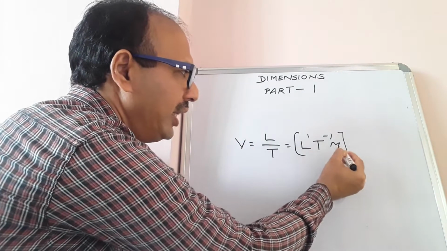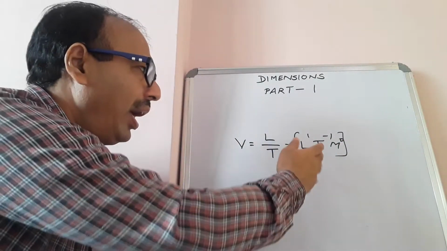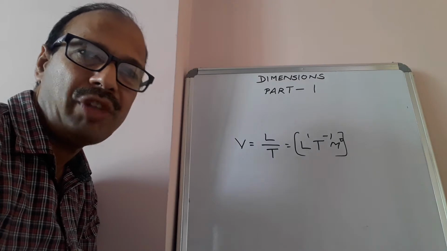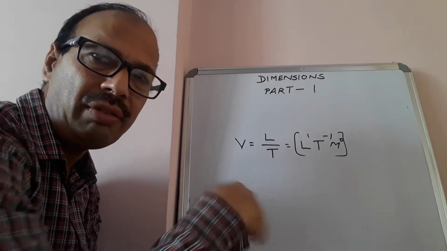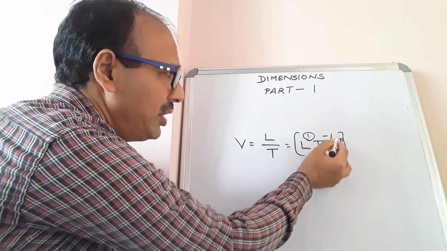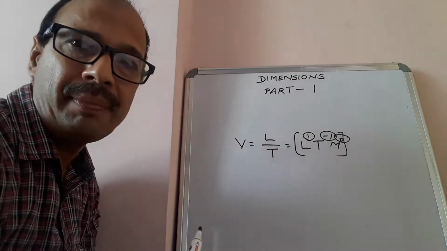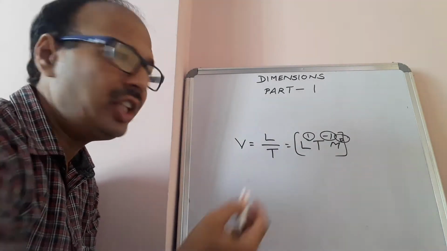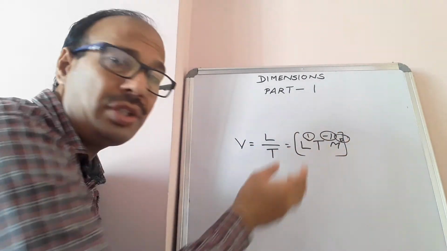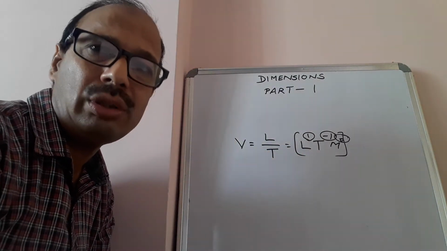And here, if you write mass, the power of mass here is 0, and you can write the different base quantities, but generally we will write only L, T and M. Whenever temperature is required, we will write it, temperature, current, like that. So these powers to which the base quantities are raised to represent a derived quantity are called dimensions. So dimensions means the powers to which the fundamental quantities are raised to represent a derived quantity.